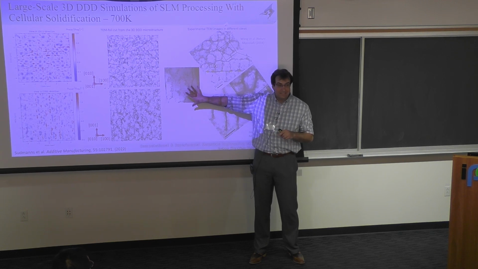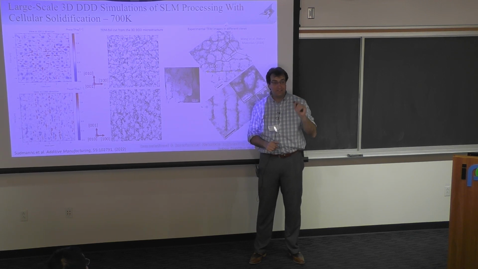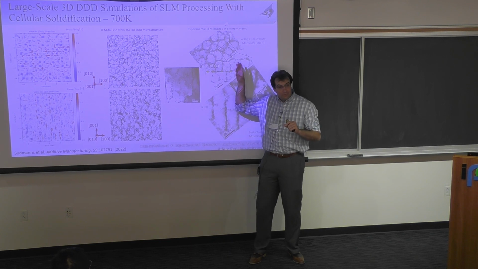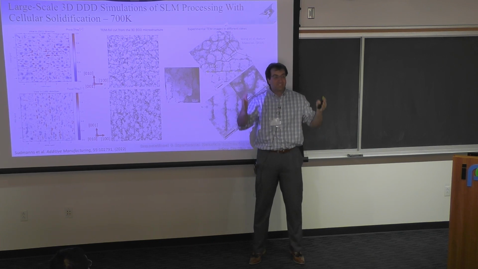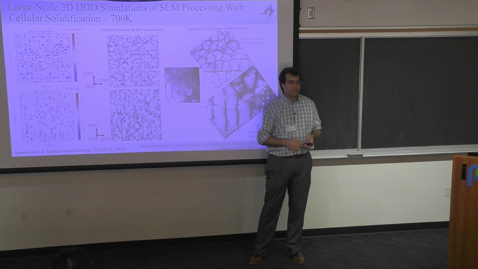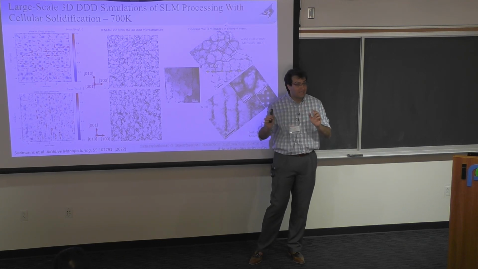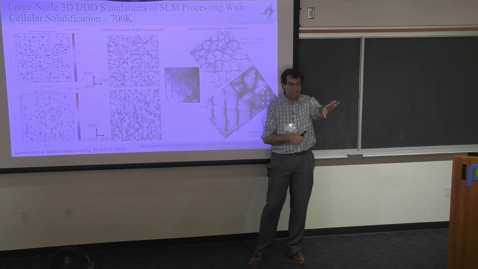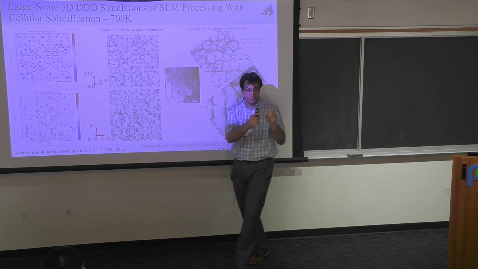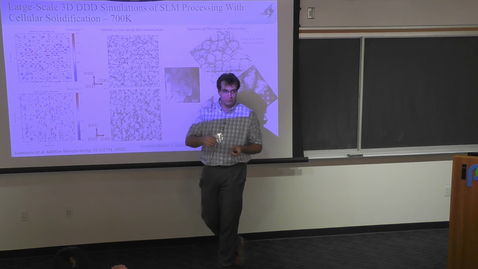It is not wrong in this assumption because I started off with a high dislocation density initially. I went through it quickly and I said, we're going to do a simulation at 700, but I'm going to assume it to be 10 to the 12 dislocation density. I don't know what it is because experimentalists don't know at that temperature what the dislocation density is. But let me get to that point because it's a very important point, and I think it relates to the punchline that I want to get to.